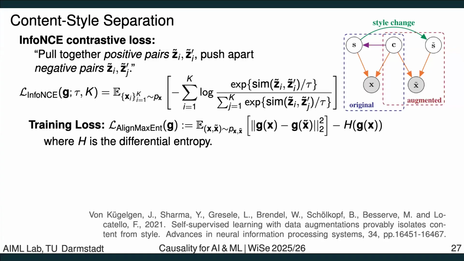Right. So basically a general training loss that leads to this disentanglement is one where we first want to have a reconstruction minimization. So we have,